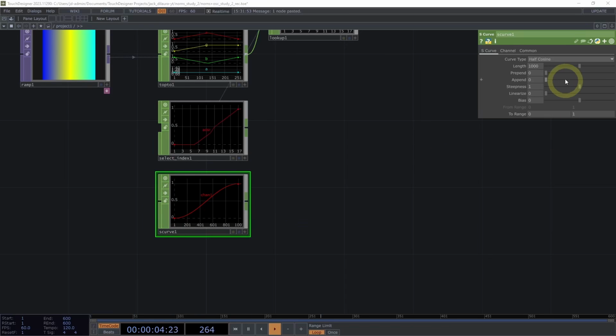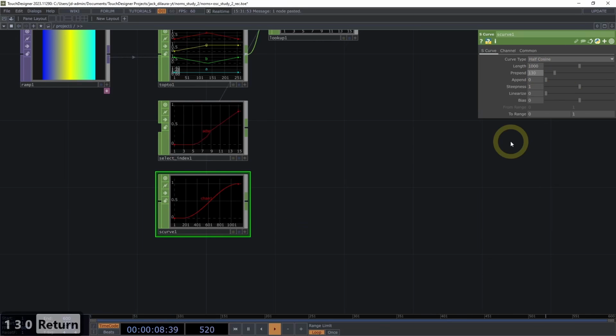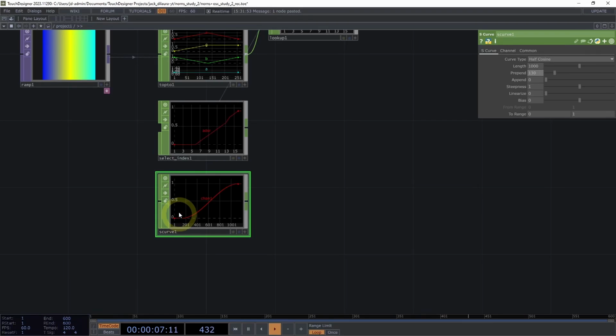We're going to set the prepend value here to 130, which you can see has added a little bit of flat linear moments, or samples rather, to the beginning of our output. And then we're also going to set on the output range here, we're going to set the maximum to be 0.8, which means that even when we're at the point of